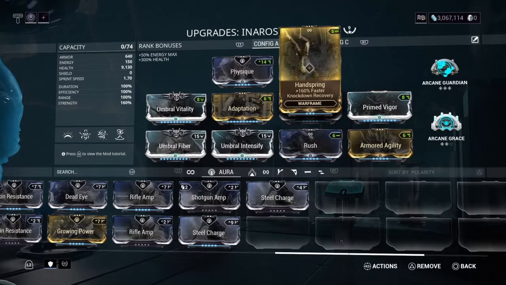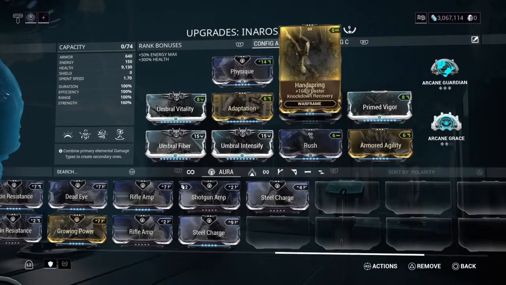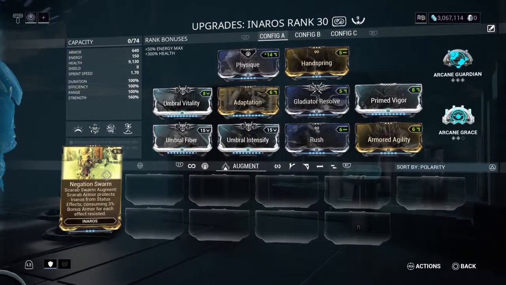And we also have handspring here. Handspring is a personal choice, honestly. I like to use it because I do not like to use the augment. I know a lot of people like to use it. I'm not one of those. I don't know why, I just don't like to use it. It's a great augment, don't get me wrong, but I've had problems with it, like it kept running out, or I just kept,